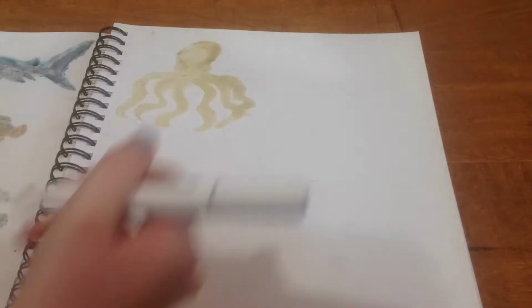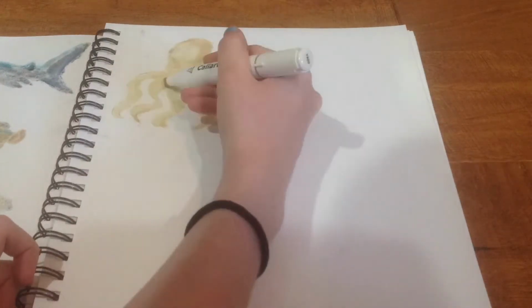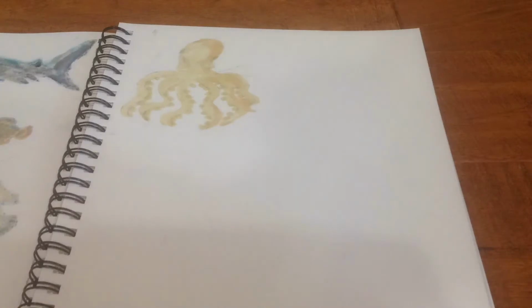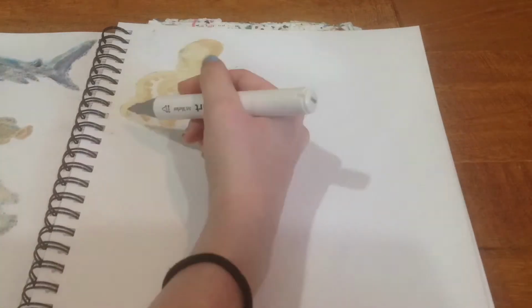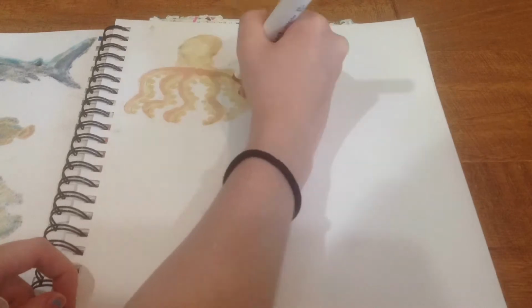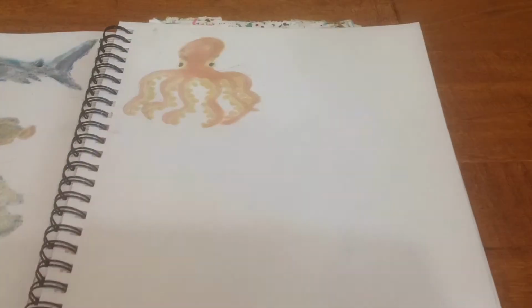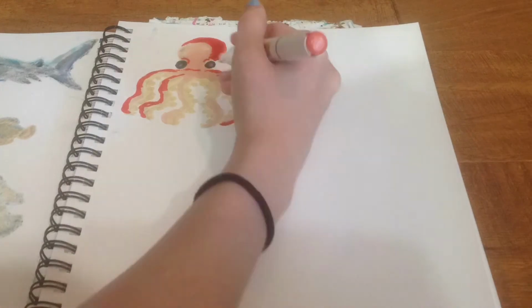So I decided, since my first page sketchbook videos art looked so good, I'd go in that same vein and draw an octopus. So I decided to quickly sketch one out, and I already took 12 minutes out of the hour. Yeah, because I just like to do the art and have fun with it, but then I kind of lost track of time, and I had already done 12 minutes, so I kind of had to rush through some things,